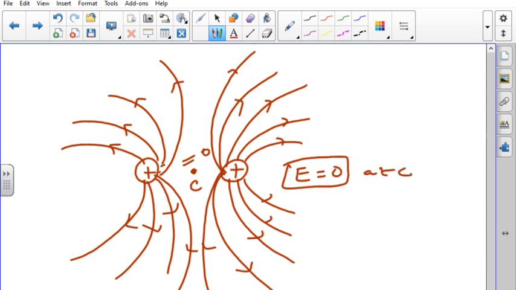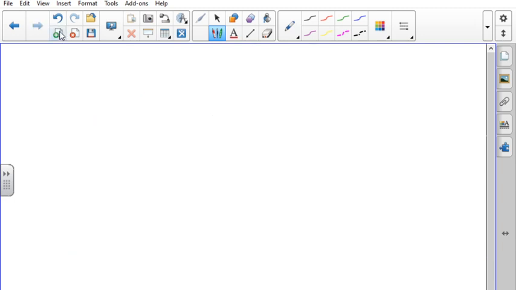So far we have learnt electric field lines and their properties and a few charge configurations, and we studied the method of finding the ratio Q1 by Q2. We learnt that if they are unlike charges, the pattern is different due to attractive force. If they are like charges, the charge configuration and the map will be totally different, and if there is repulsive force, at point C the electric field is 0. Now our next topic is electric dipole.